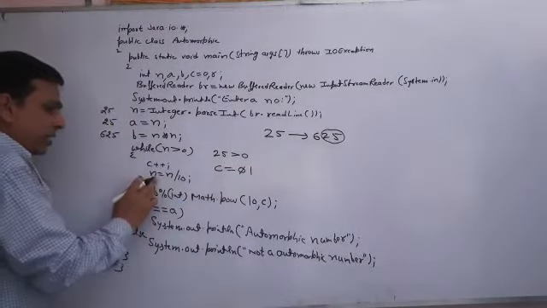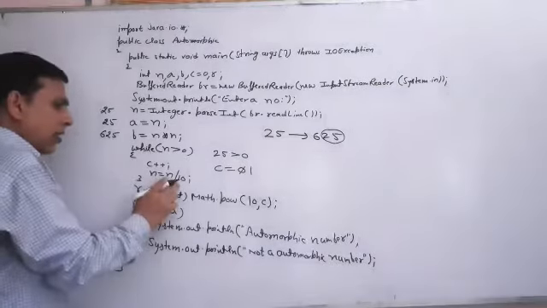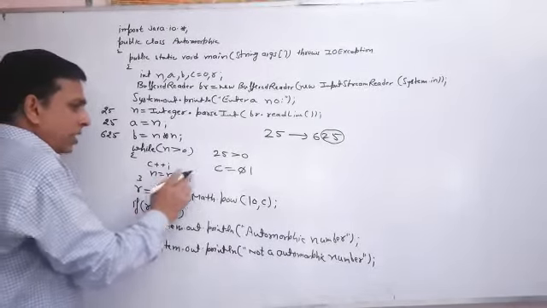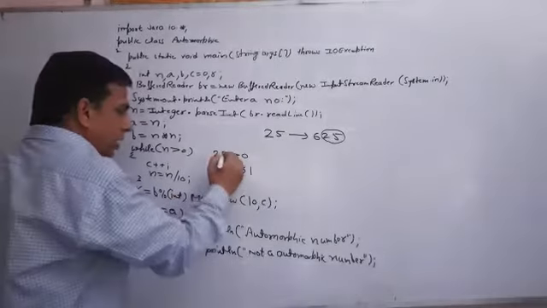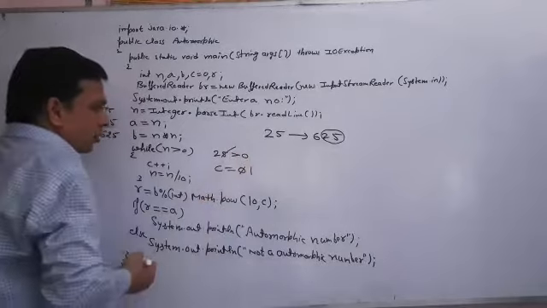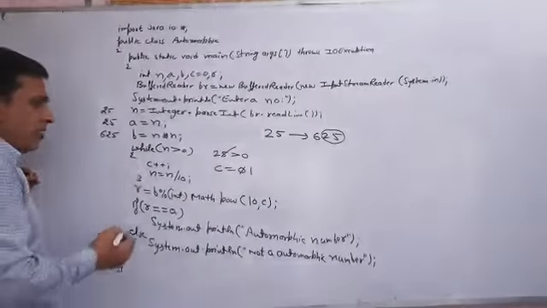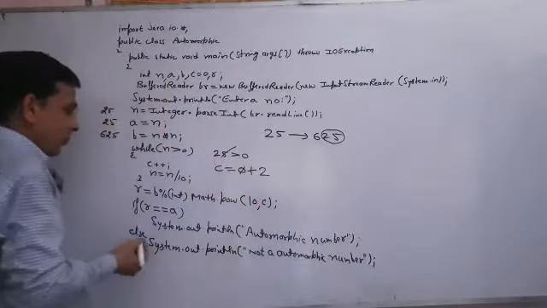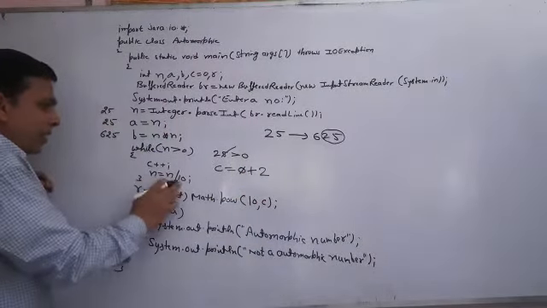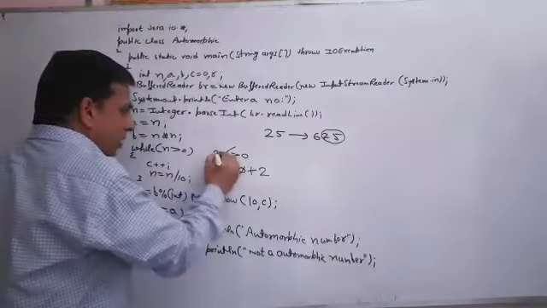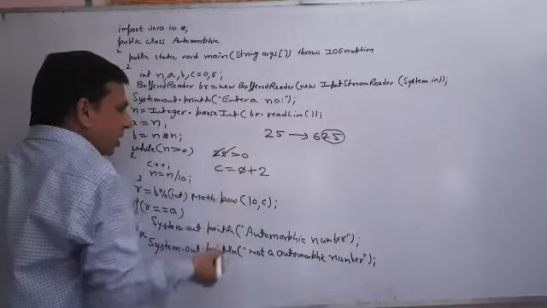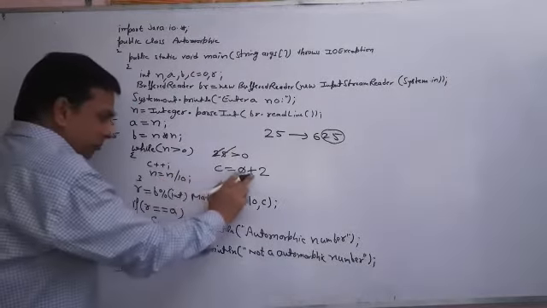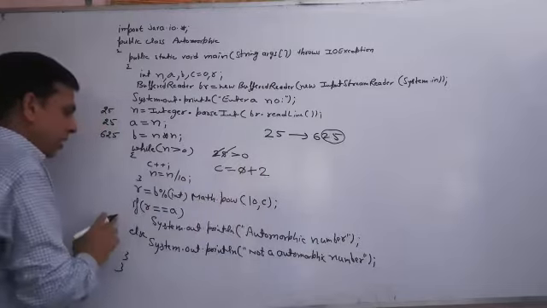What is the effect of this line, n equals n divided by 10? It will give the quotient after dividing the number by 10. So your number is now 2. So 2 is more than 0? Yes. So again we increase the value of c. Now c becomes 2. n equals n divided by 10. Now again it will give the quotient after dividing the number by 10. So your quotient is 0 now, so your number is over. So we find the number of digits in c, that is 2.